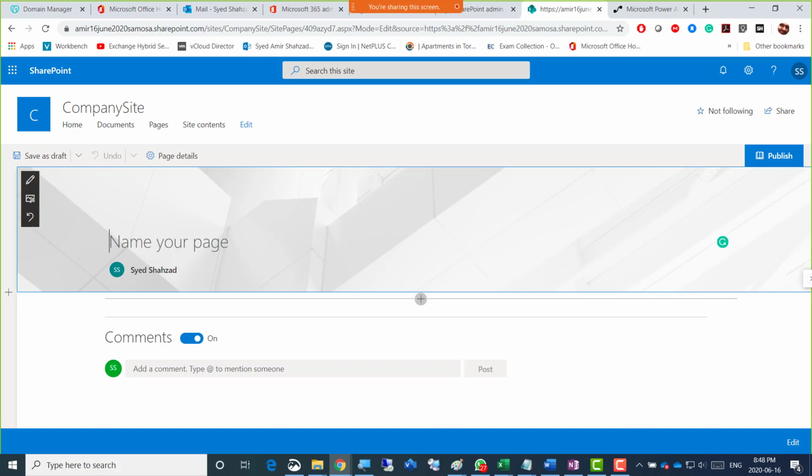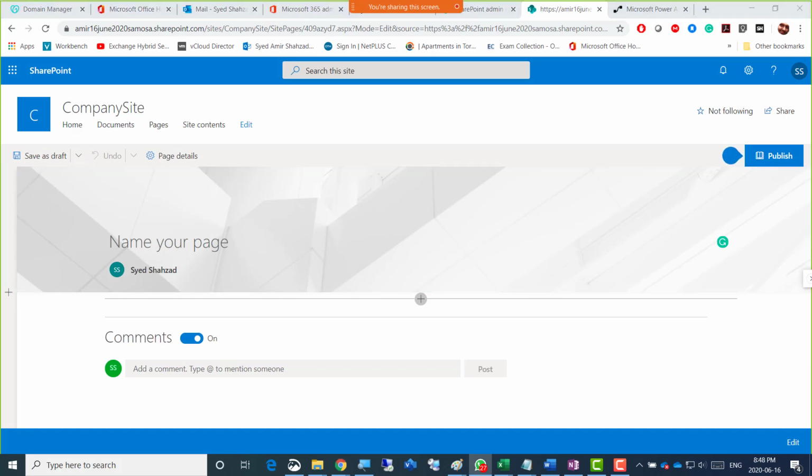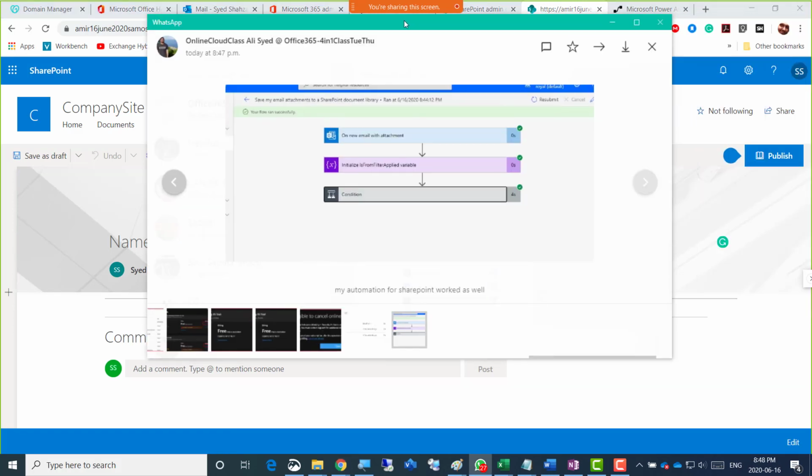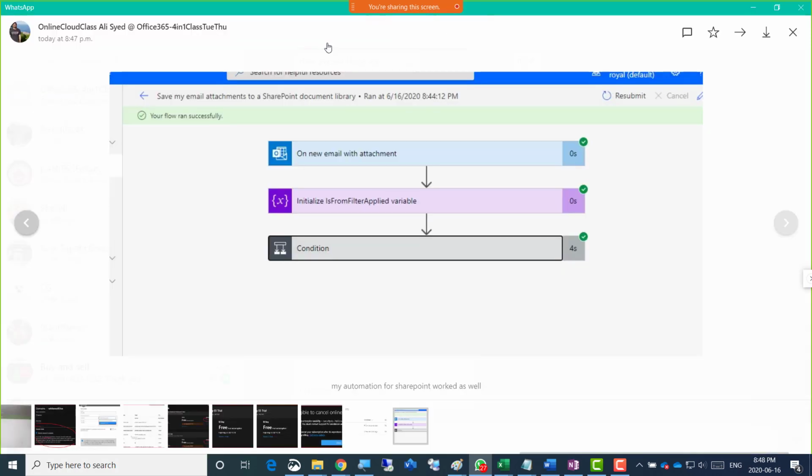Okay, so Ali Sayed has also shown a screenshot here that I'm going to drag, and Ali is saying that on new email with attachment, initialize variable from filter applied and condition. So your flow ran successfully. Okay, that's very good.